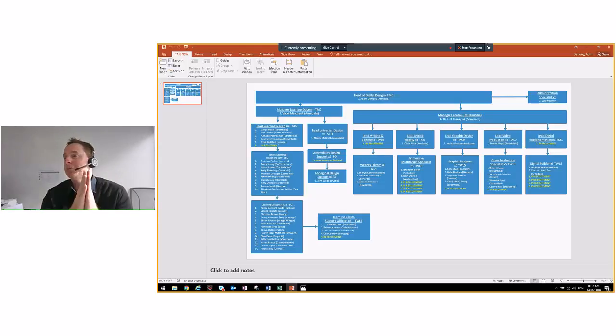But back to what I was talking about in terms of the team structure. We have a learning design arm, and that's headed up by Vicky Marchant, who some of you may know. Vicky has come from Illawarra, and she's heading up the design group, which is here on the left of screen. In terms of the way that arm of the digital design team is structured, we have 6 lead learning designers, and beneath those leads, we have 10 senior learning designers. We also have 14 learning designers, just regular learning designers, and we have also 5 support officers to support all of the activities that are occurring in that design space.